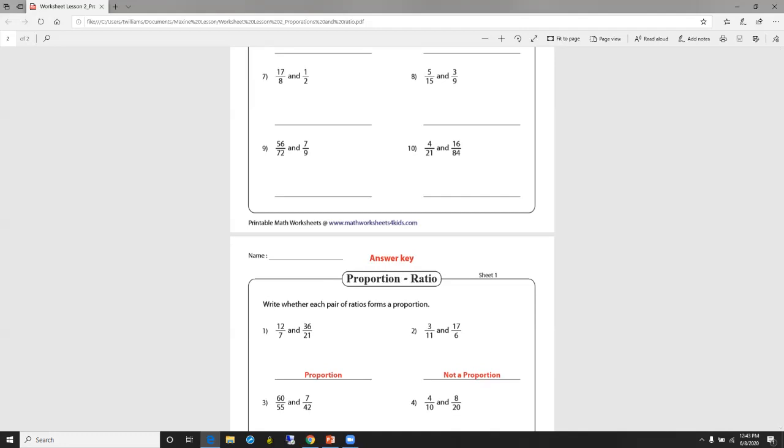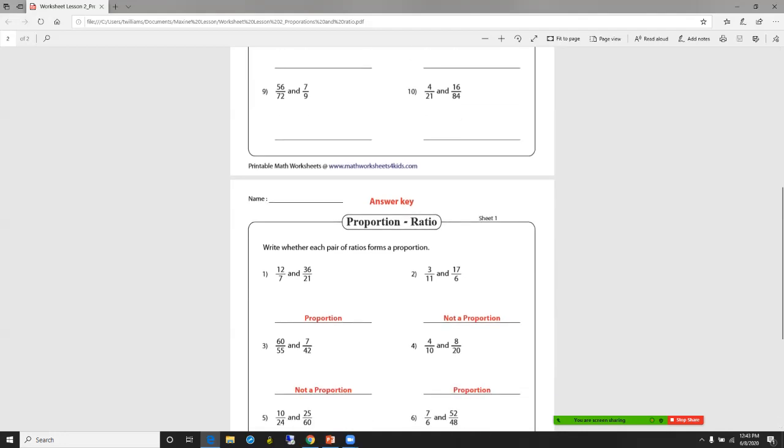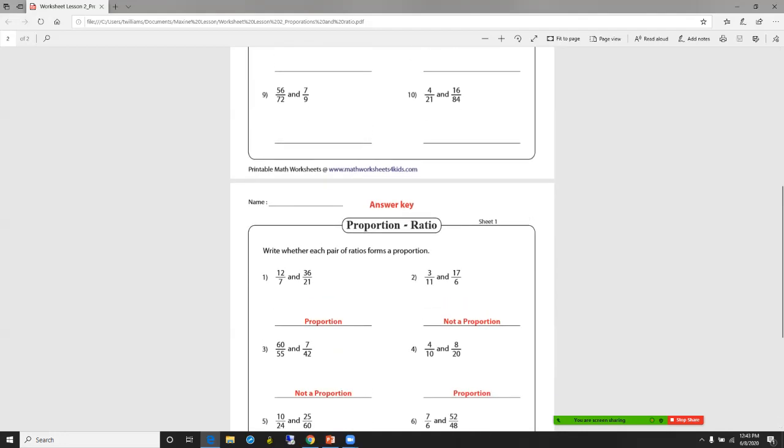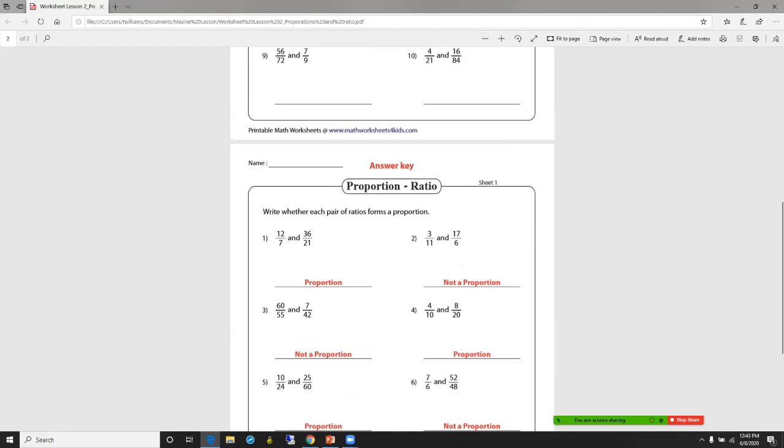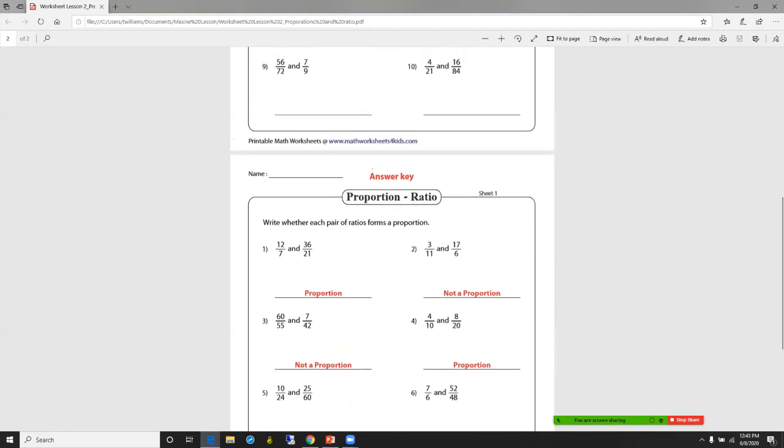What about number 4? Right, it is a proportion. Number 5. Are you following along with me? I'm not going too fast. Do you know why it's a proportion? Let's look at